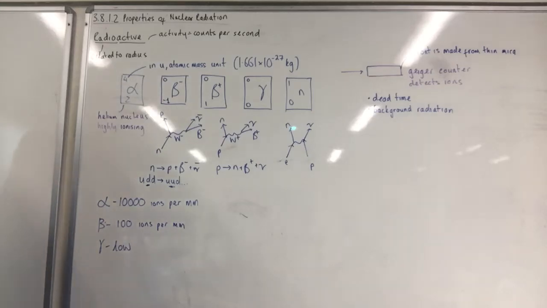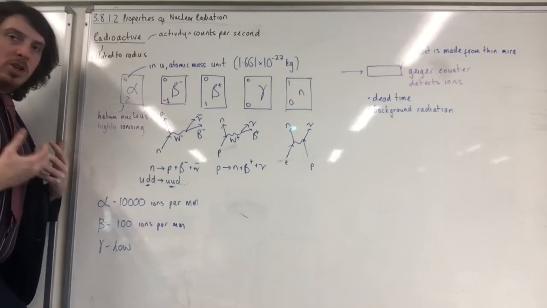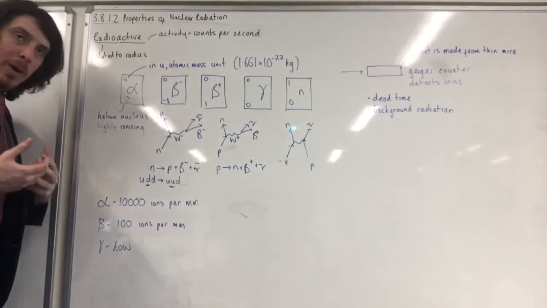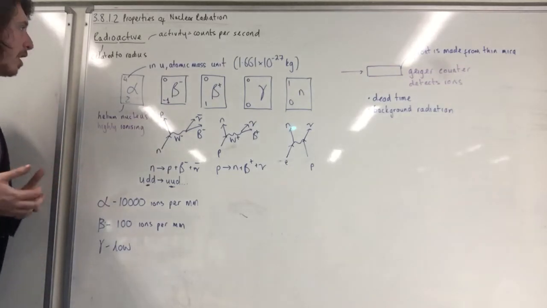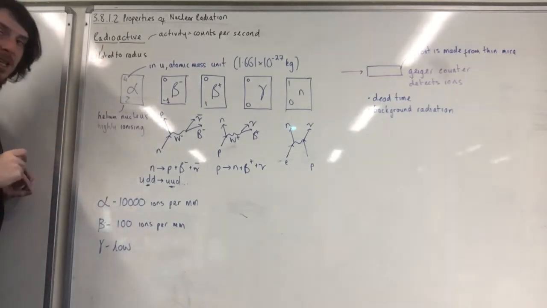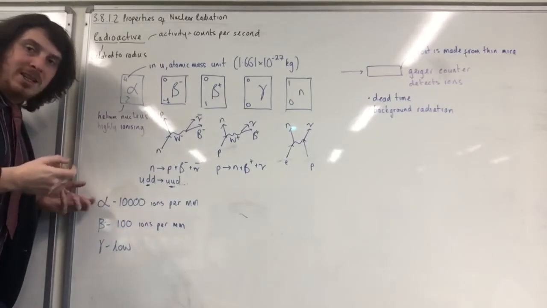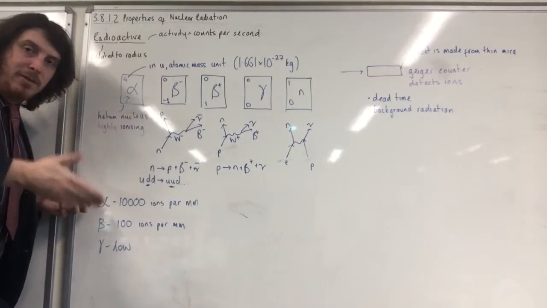Okay, so what we're going to look at are properties of nuclear radiation. You will have heard radioactivity discussed before. Radioactivity occurs when there are changes in a nucleus. Radio refers to a radius, so for example, a radiator, something that's radiating, is emanating from a